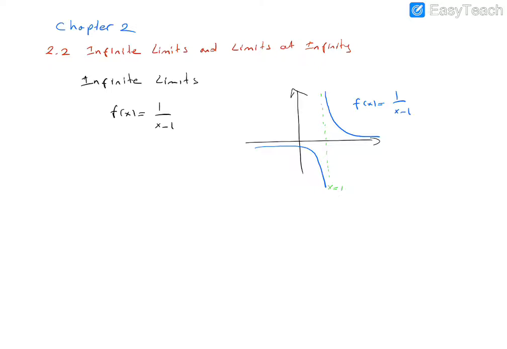You can easily observe the limit when x approaches 1 from the right-hand side: 1 over x minus 1 does not exist. Actually, since x is bigger than 1, x minus 1 goes to 0 from the positive side. So 1 over x minus 1 goes to plus infinity. But that means the limit does not exist.